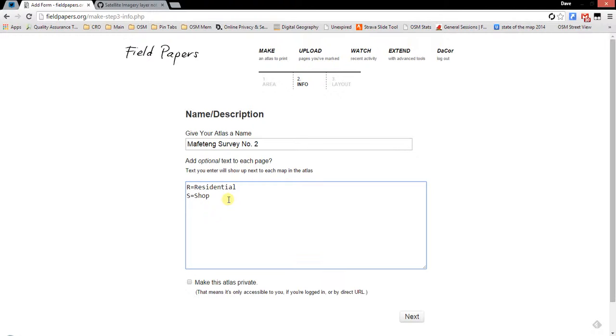For roads, in terms of the road surface, you can have, say, surface, so ST, surface is tarmac, or SD, surface is dirt, you know, and so on. So you can work out your own coding, what works best for you, what works best for the people doing the surveying. So once you have that completed, you simply click next,